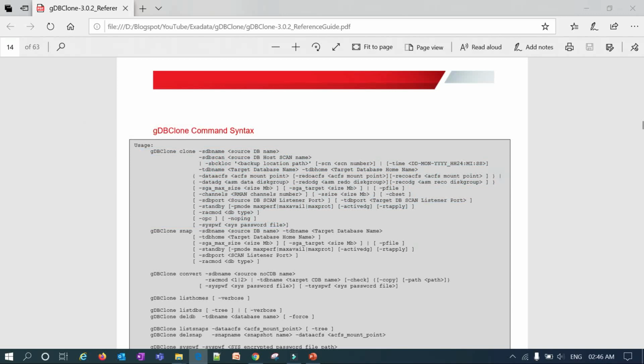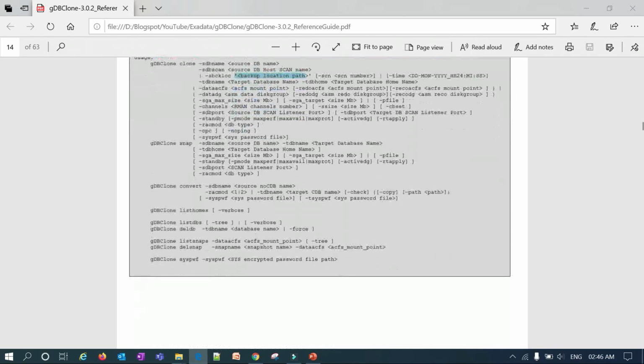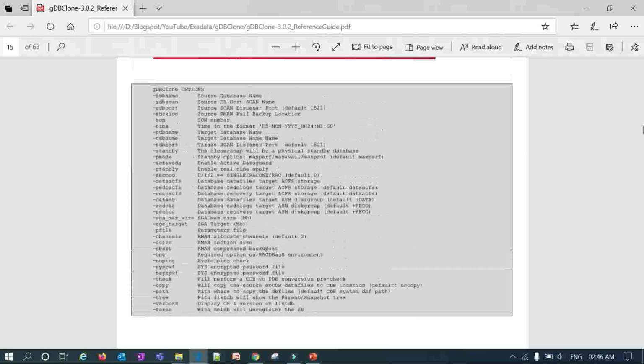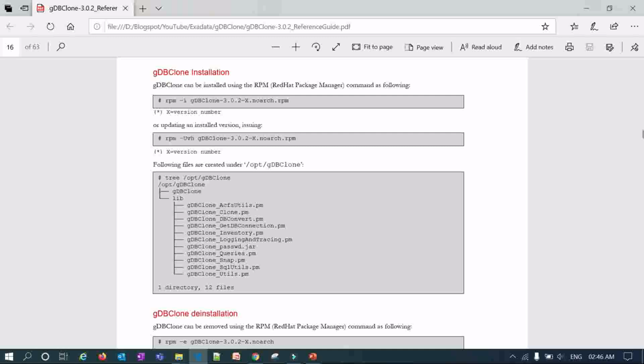You can go with the active database duplicate, or you can go with the source backup location. You can give your backup location, and it will create your master database using those backups. And if you use this GDB clone snap, you have to give your master database name and target database name, and it will create your snap database. A lot of parameters you can pass. It will be very useful.